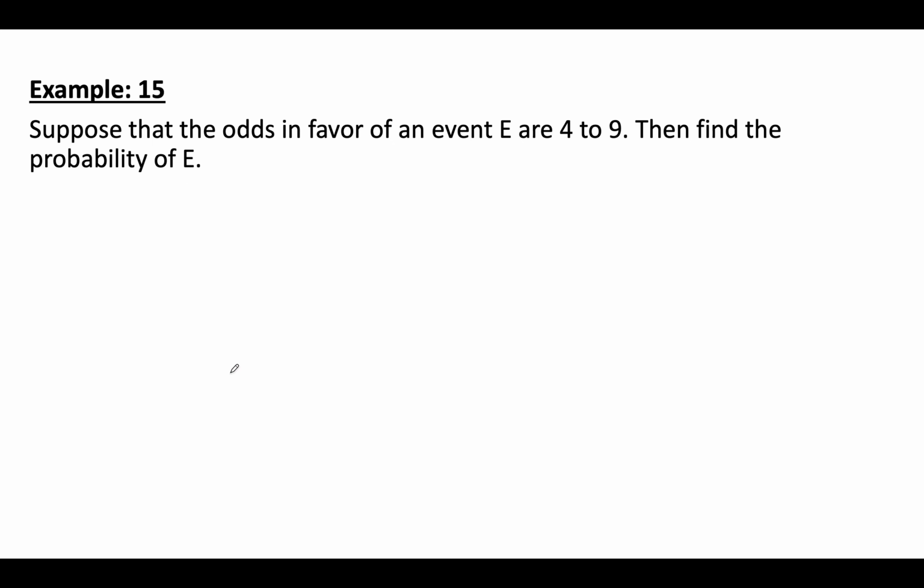Okay, let's suppose I've got the odds in favor of an event in an experiment which equal 4 to 9. Then we need to find the probability of E. In order to do so, let's just recall our rule to find the odds in favor, which is the probability of E over the probability of not E. And this is equal to 4 to 9. Now we need to find the probability of E. So in order to do so, we first multiply